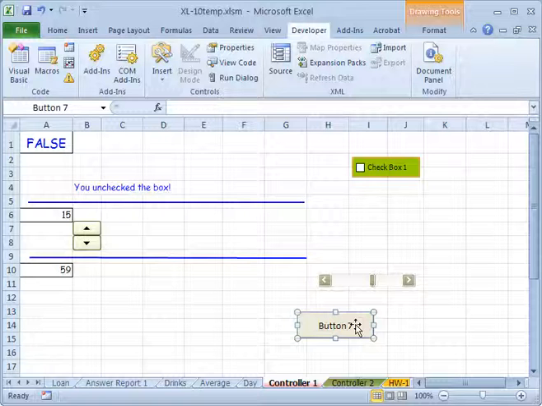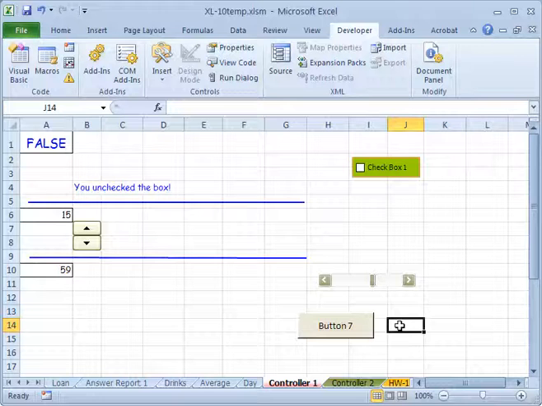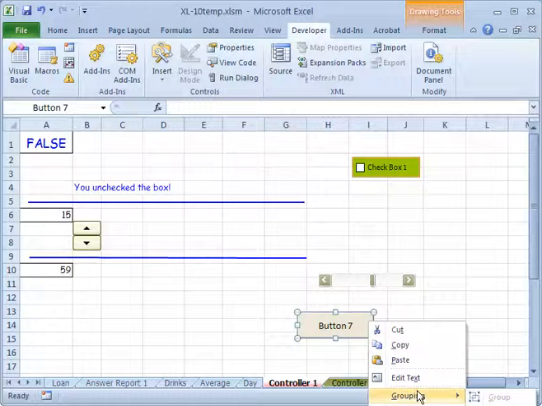A button has only one feature: you can link it to a macro. So whenever you click this button later, Excel will run the code in that macro. Okay, then instead of that,